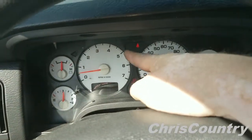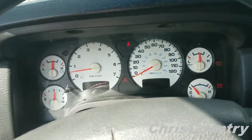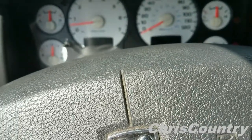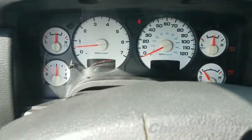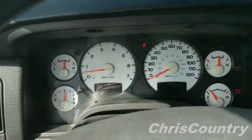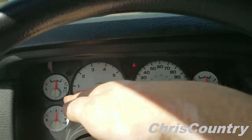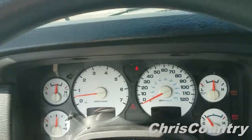On an automatic transmission, you want to go on a good long test drive and get it up to interstate speeds. Most older vehicles will have an overdrive on-off switch. A lot of the newer ones may or may not have that, but for the most part, late 90s, early 2000s do. So what you want to do is get up to highway speeds, usually between 50 and 60. And you'll know when it's getting into overdrive because the RPMs settle out to usually around 2 grand. But once you're into overdrive, you turn your overdrive off and see if it responds. Watch for the RPM to increase and then turn the overdrive back on and watch for it